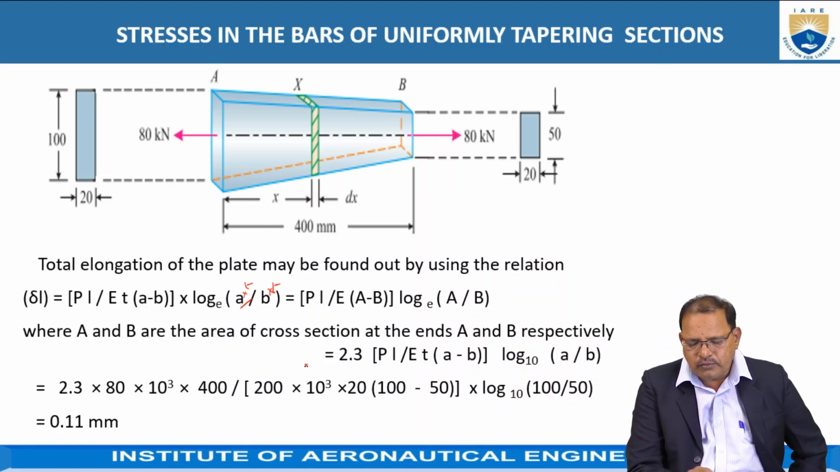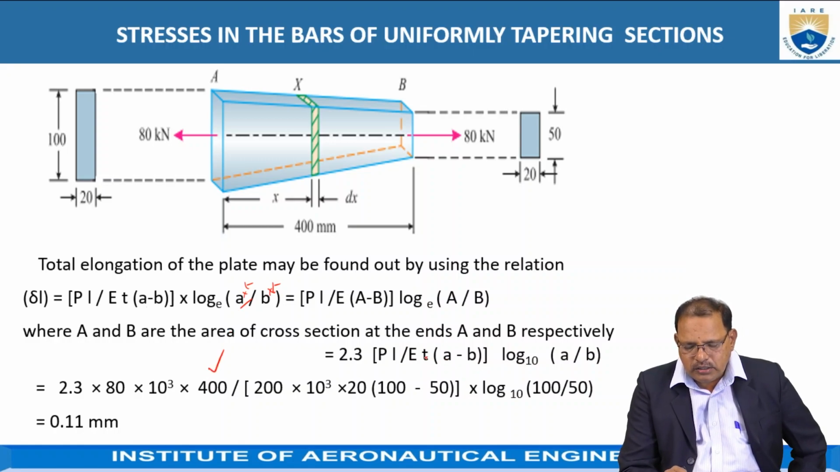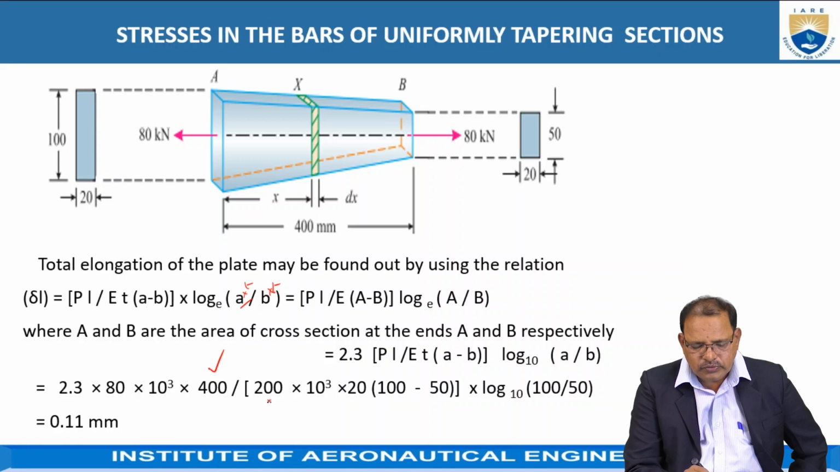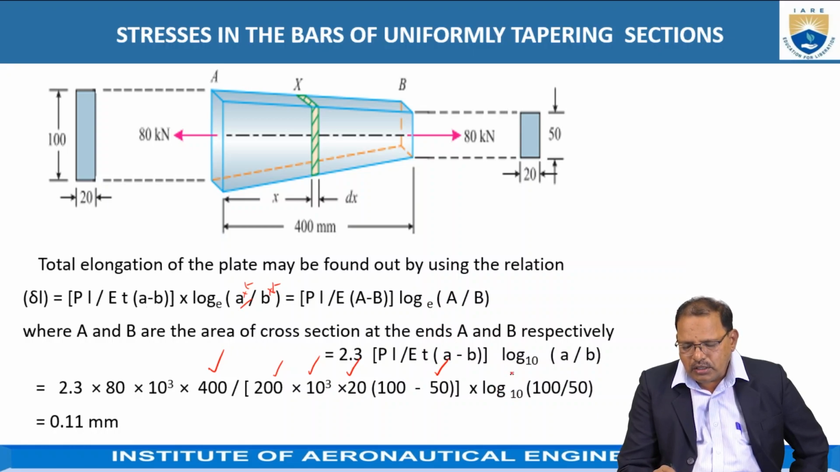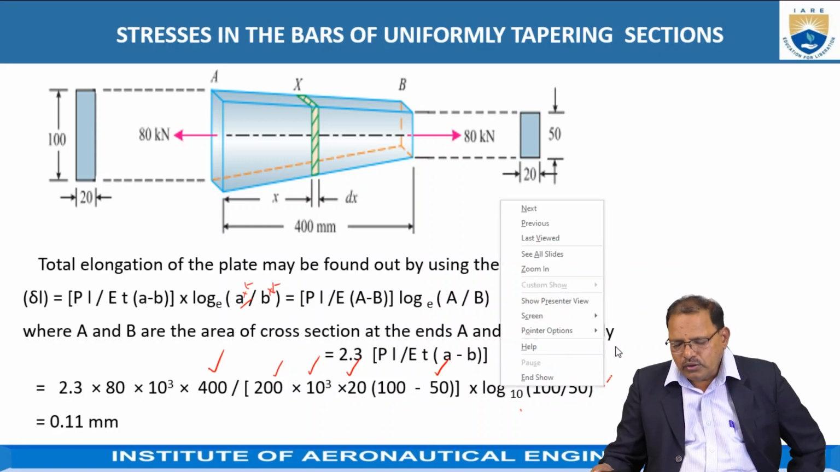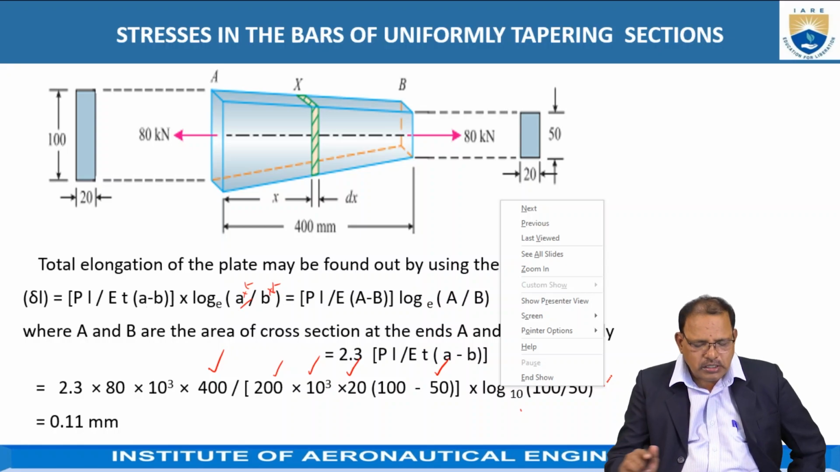On multiplication of 2 by 3, P is equal to 80 into 10 to the power of 3, and L, the length of the bar, is equal to 400 mm, as given. E is equal to 200 into 10 to the power of 3, and T is equal to 20 mm. A is equal to 100, B is 50, into log base 10 of 100 divided by 50, as shown in the figure. Doing these calculations, we got this value equal to 0.1 mm,